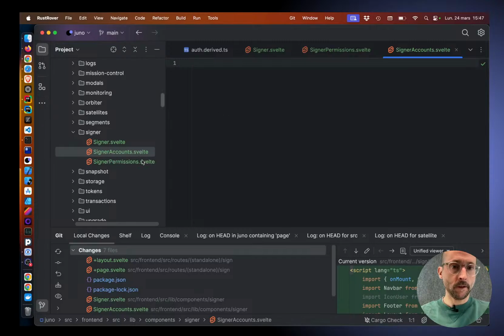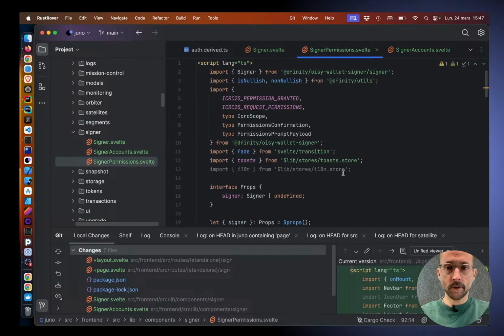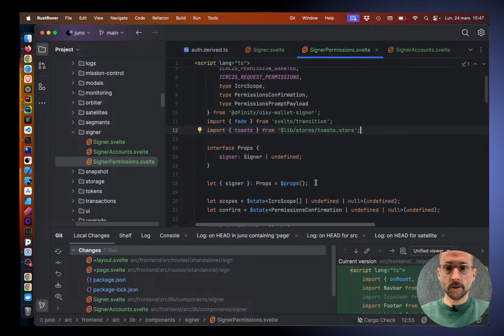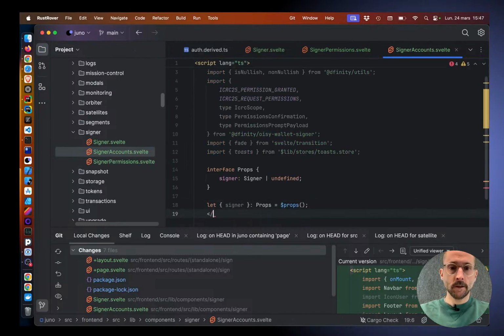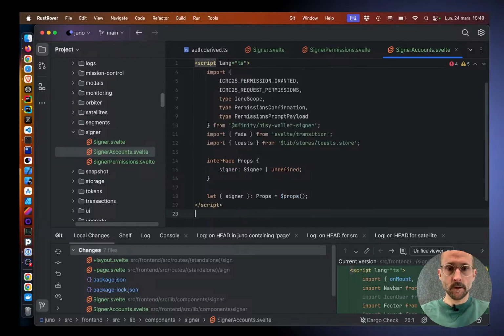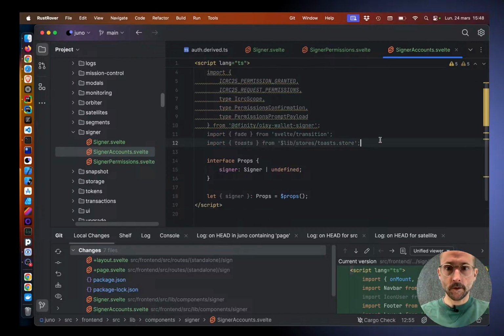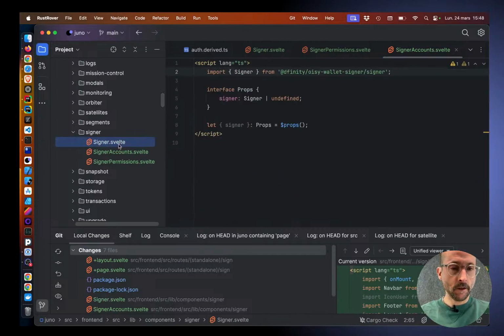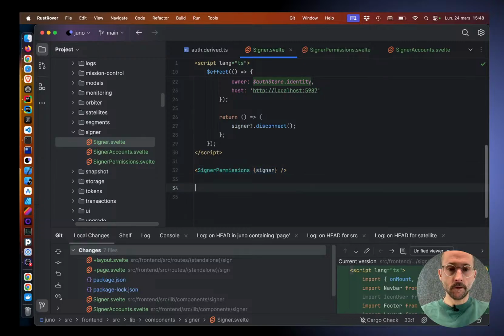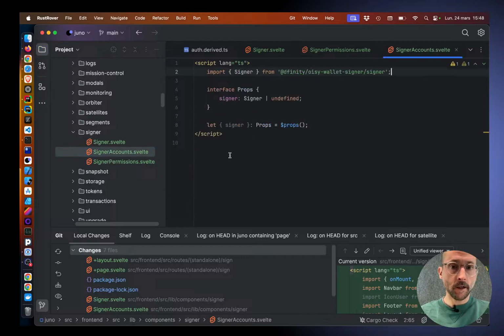And here it's really like all the time the same stuff. Blah blah blah. Yeah, like this. And here in the signer we're gonna have signer accounts, and in the accounts,